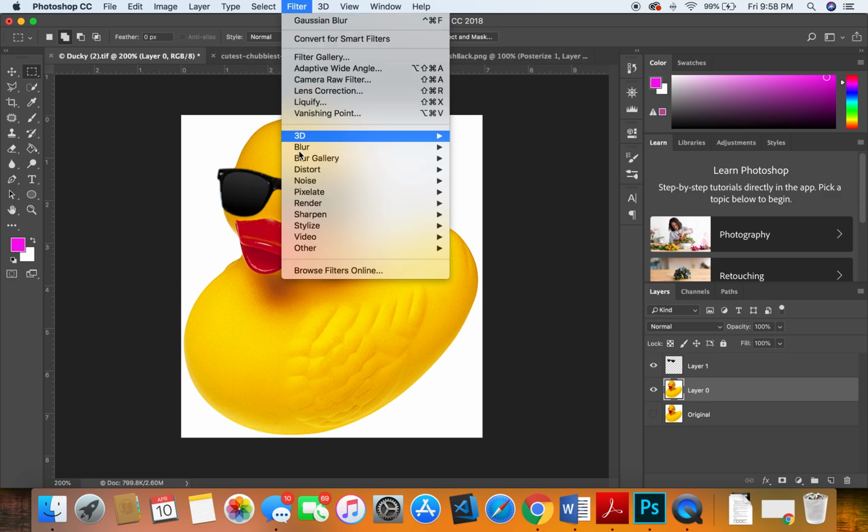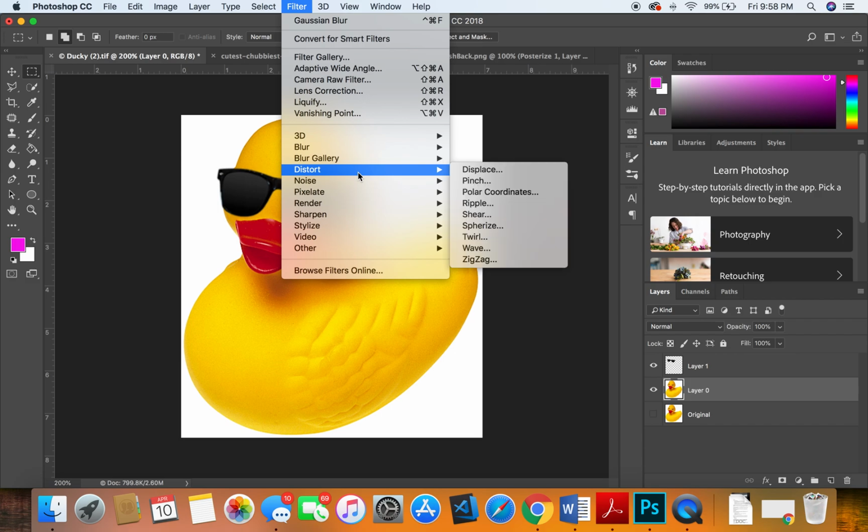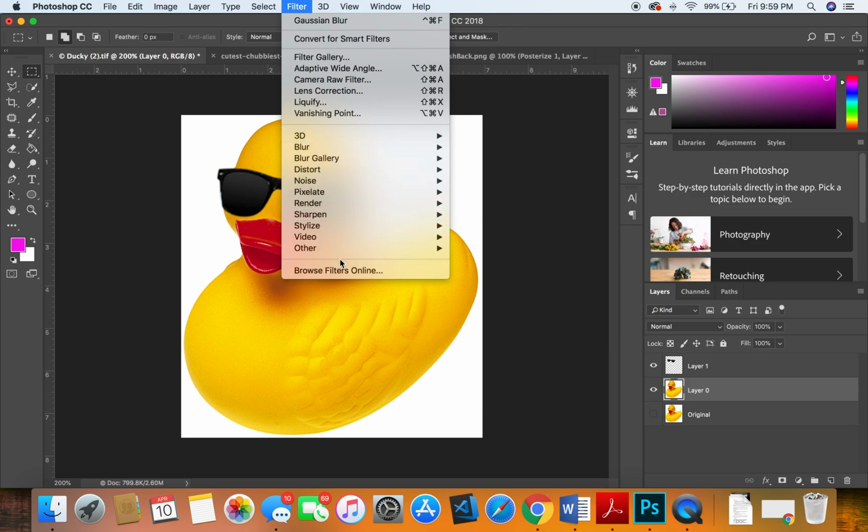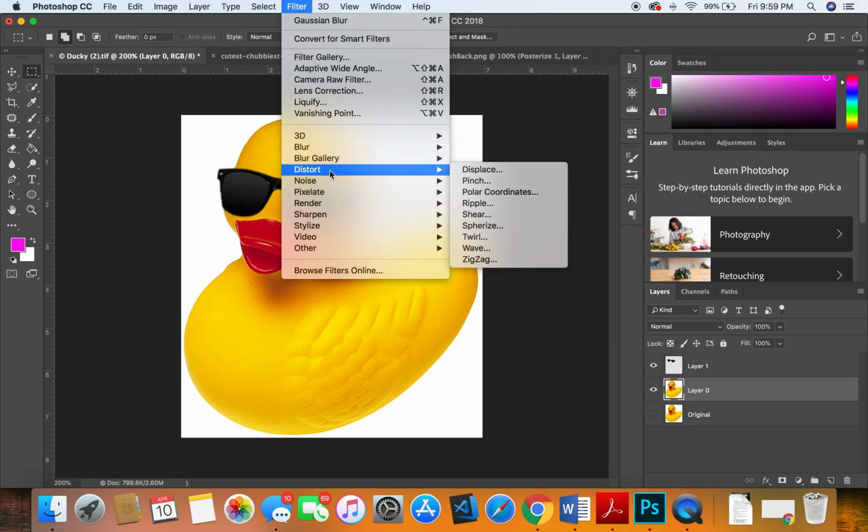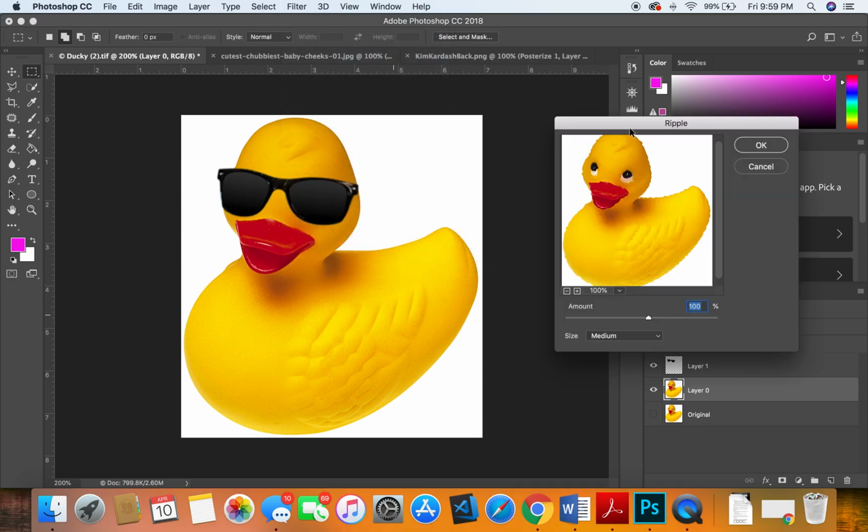And again, if you open filter, you're going to see a bunch of different options here. And I won't go into this too much, mostly because I think they're self-explanatory. And for the kind of work that you're doing for this project, they're not always the best option, okay? But just to make sure you understand that these are available to you and just have a sense of how to use them. If I go to distort and I go to ripple,